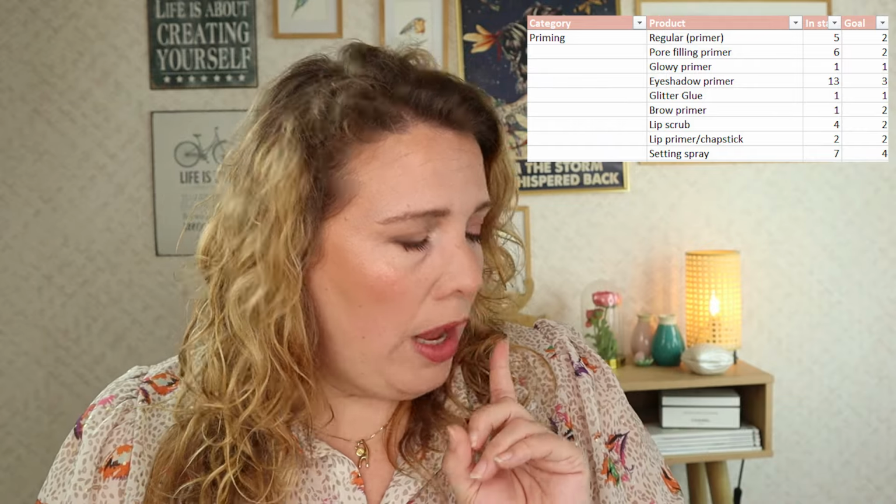I have the one from Scandinavia. I really like that one, so I think I'm just going to always have that one in rotation as well. I want 1 backup for my finishing spray, and I think I want one maybe that has something extra, like a little sparkle in there, or something, doesn't really matter what it is. Or I want just the one that I'm still trying out. I don't mind having that 4th one in my collection. So that is why I have 4 as my goal, because 7 is by any means not a lot, but it's way more than I would normally use. And I am noticing I'm reaching for the same ones. So